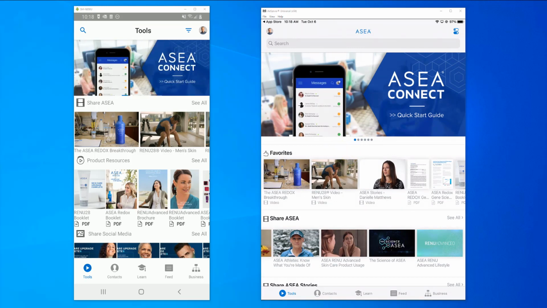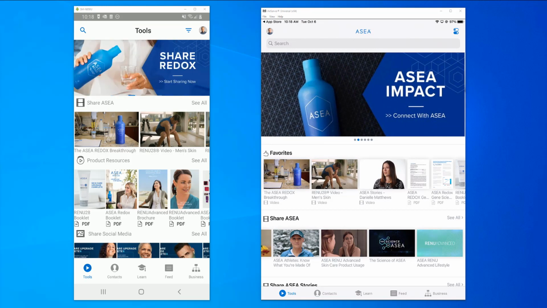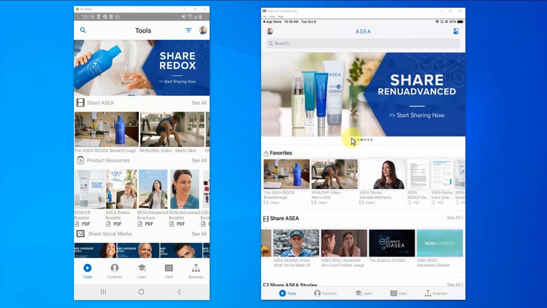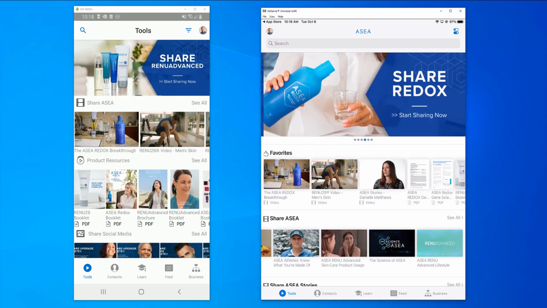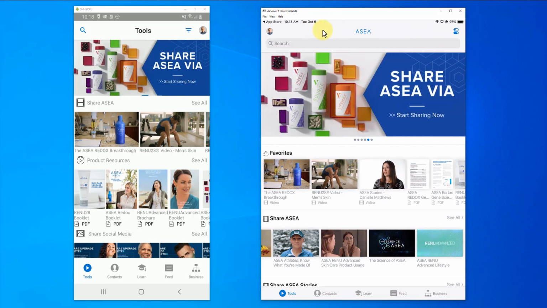So the next section I'd like to talk about here real fast, let me double check and see if we have any questions that came in. We don't currently, but I do want to show you another area. Since we do have a handful of Europeans on this call, I want to show you guys how to change your language and market here in the app.